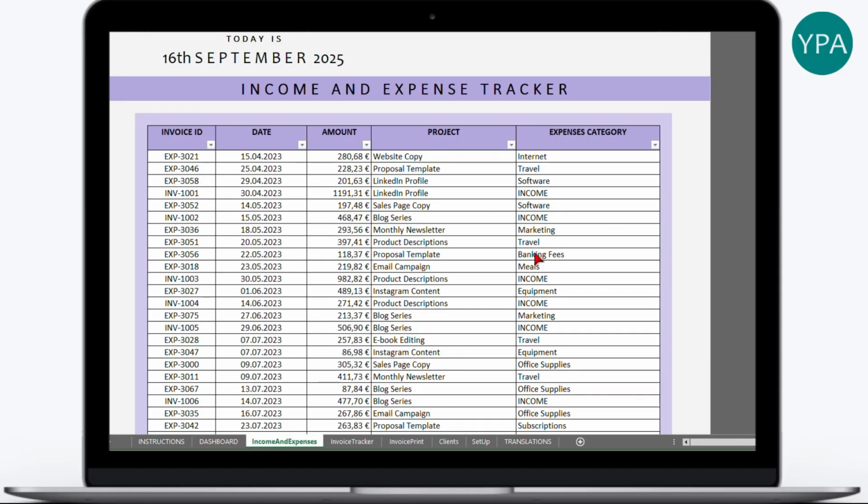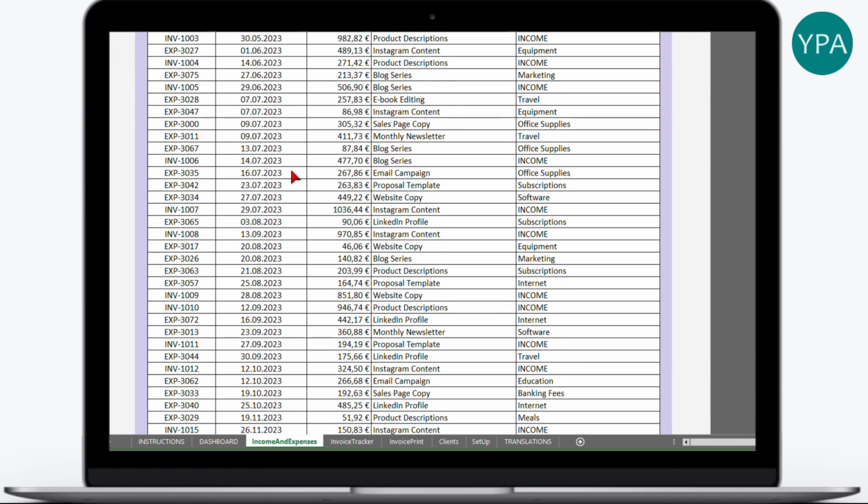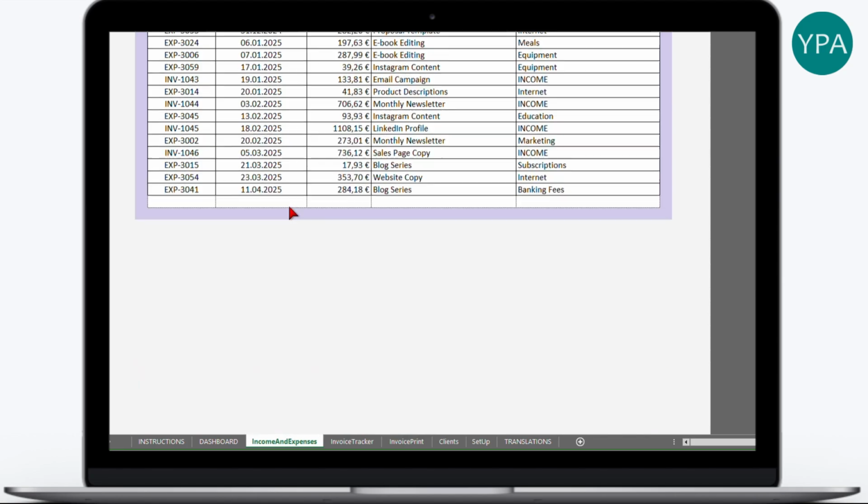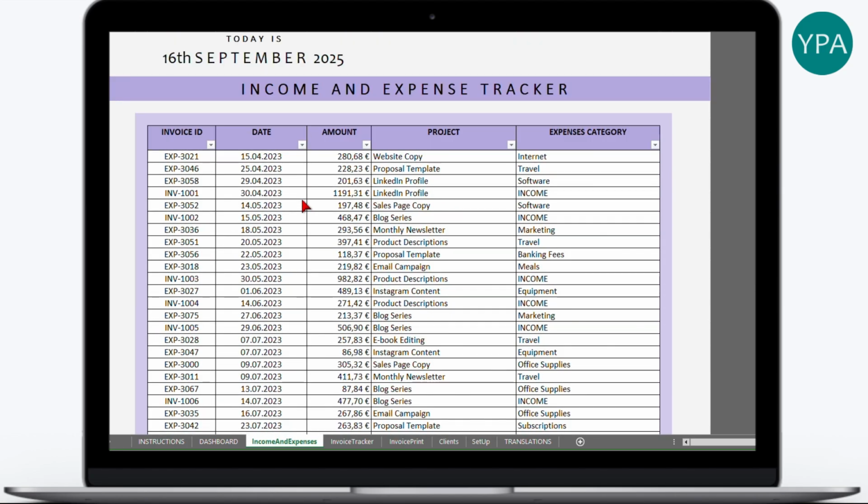Okay, I've now added a bit more data, both expenses and some income. Here you can see one income entry, which means a client has paid one of our invoices. The invoice numbers match the ones we entered earlier in the invoice tracker, so everything stays connected. With this sample, I've covered about 2.5 years of transactions. This will give us enough data to later check how everything looks in the